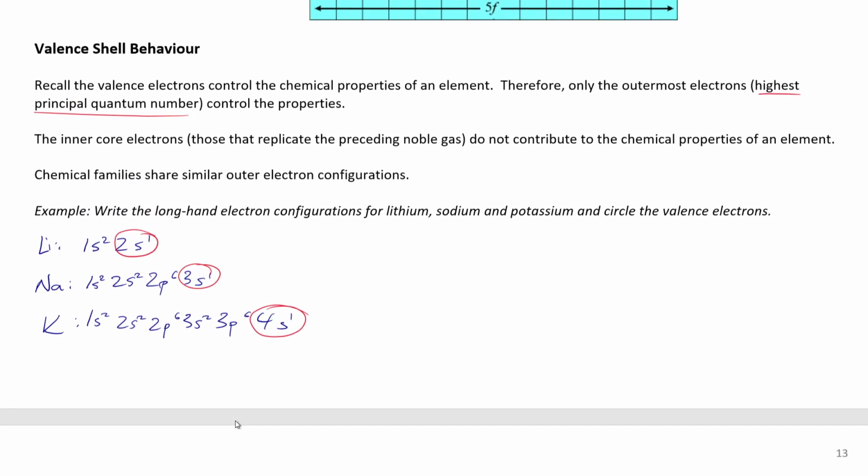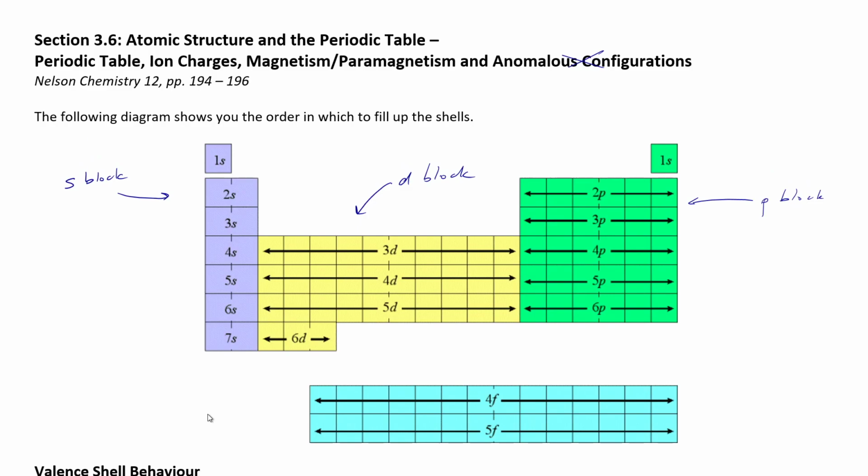If we were looking for iron, we would find it right here on the periodic table. 1, 2, 3, 4, 5, right here. This is where iron is. So if I would write the electron configuration for iron,